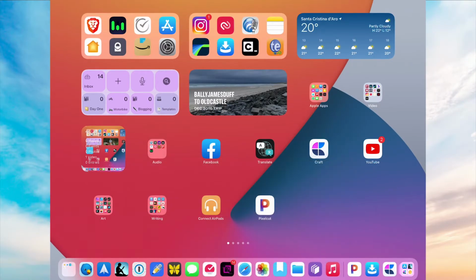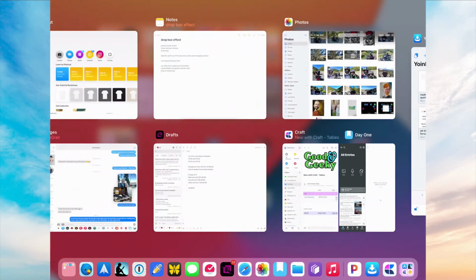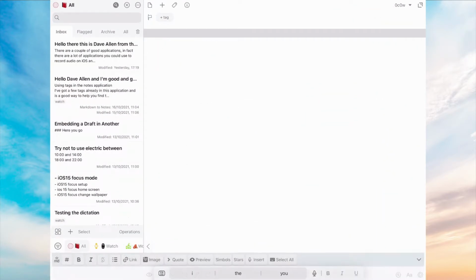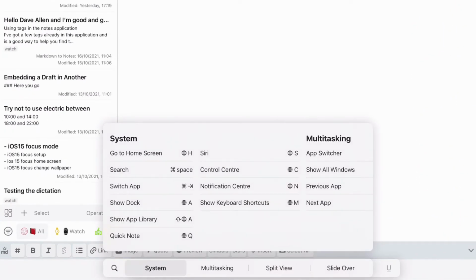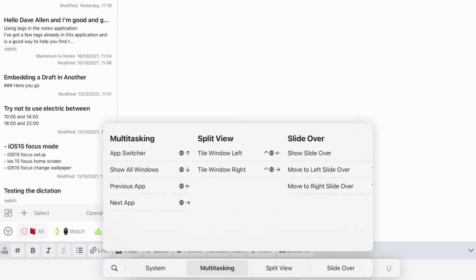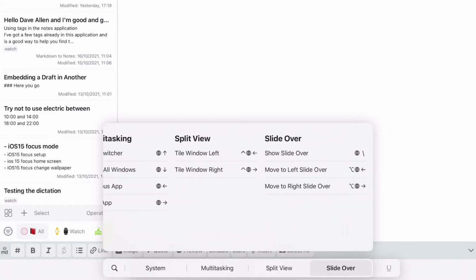So on the home screen, let's try out this keyboard shortcut, the globe key with the up arrow, and up pops the app switcher. If you've got an application open, such as Drafts for instance, and hold down the globe key, you get more options. Here we've got system, multitasking, split view and slide over. So again, you can tap on the buttons below, or you can slide across manually to see what keyboard shortcuts